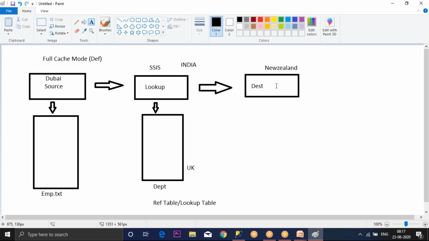Now, do you think that it is going to work very, very fast? It is not going to work at all. It has to read one row, and after that it has to come and get one more row here and compare. If it is bringing the data and putting it into this server like that, it is going to happen very, very slowly. Clear? But when you have a full cache mode,